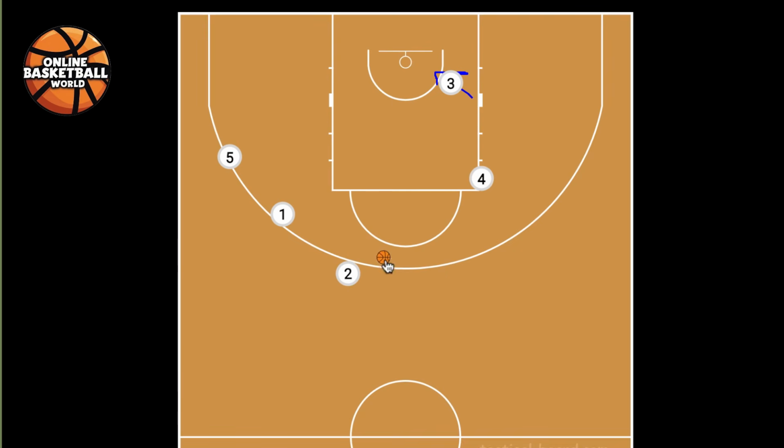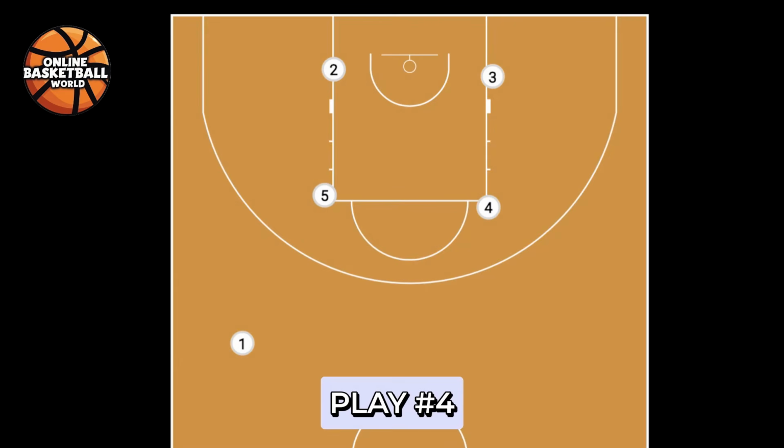So you can feed the ball into number 2 for an outside shot, or try running a DHO over there to number 2. But that's just a backup option. You're almost always going to have this number 3 wide open on a backdoor cut, which is going to result in an easy layup. Okay, so to set up the Cyclone, we want to get our players to line up